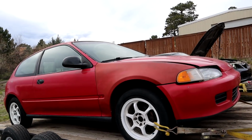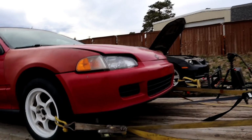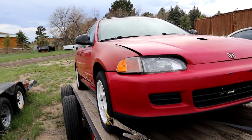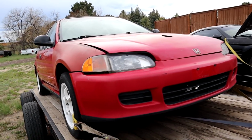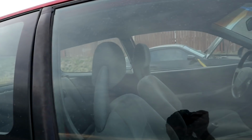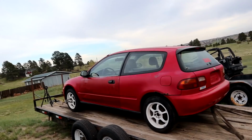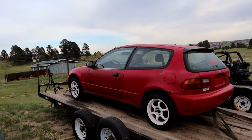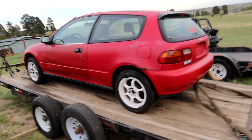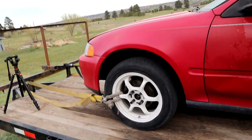But yeah, we want to do it rally style. We just want to have a really cool livery on it. We want it running good. We'll put a handbrake in it. We'll also be able to set it up to go do some drags with it. I want it fast. So we're going to clean it up, get some NRG seats in there. Probably take out the back seat. Don't need that. The first step really is just getting the suspension dialed in, because it runs and drives right now. So I want to focus on the suspension side of it before we add a bunch of power to it, because once we have the power, then we'll already have like a...